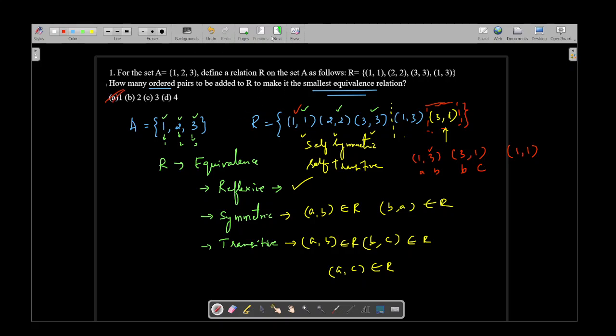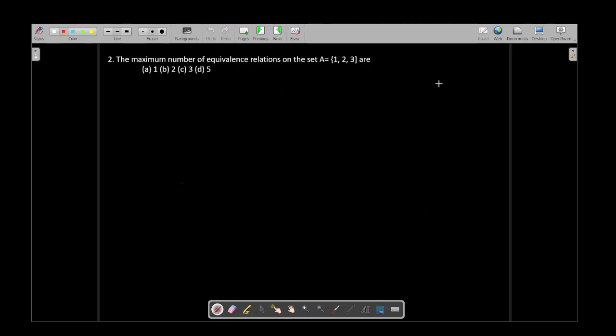Now let's move on to the next problem. In this problem we have set A equals {1, 2, 3}. How many equivalence relations can be formed from this set A? Okay, so we'll solve this. The first equivalence relation is A cross A, which is a universal relation. Universal relation is both